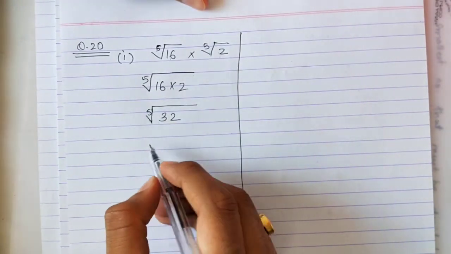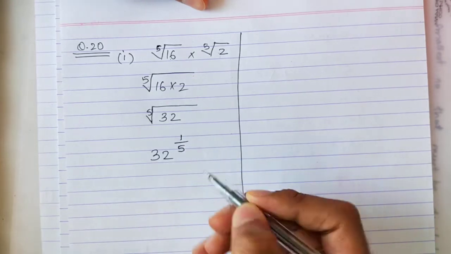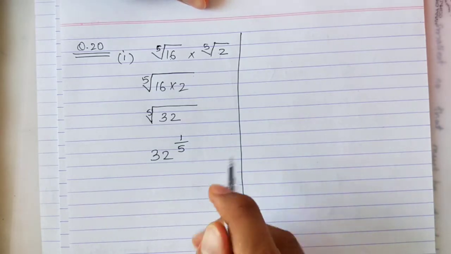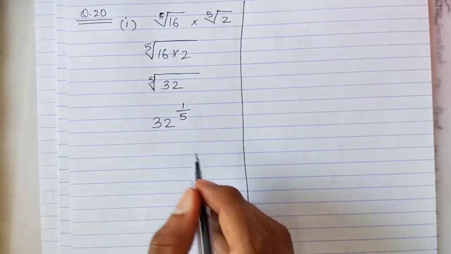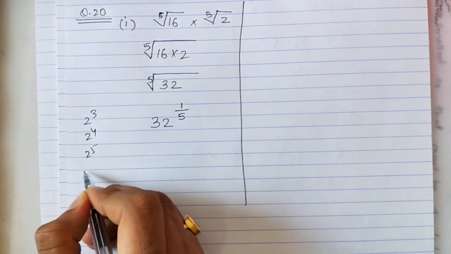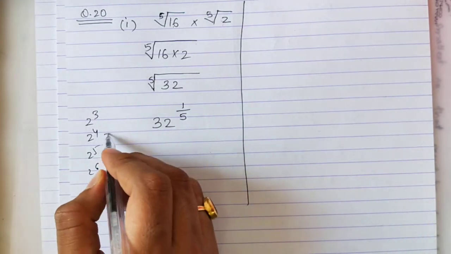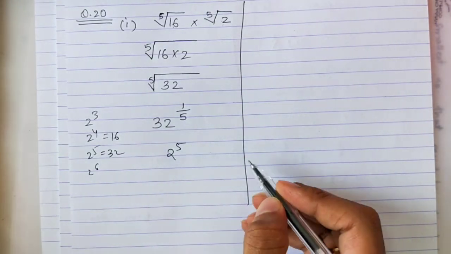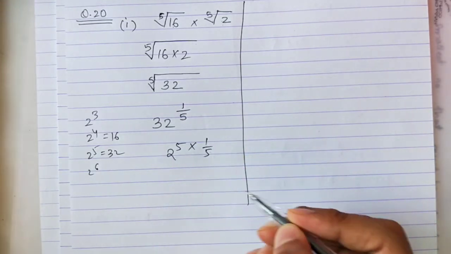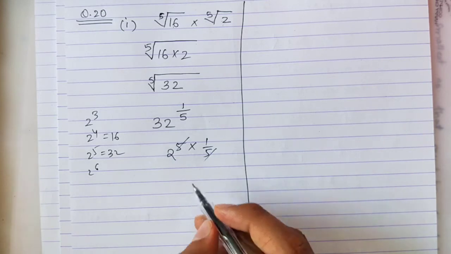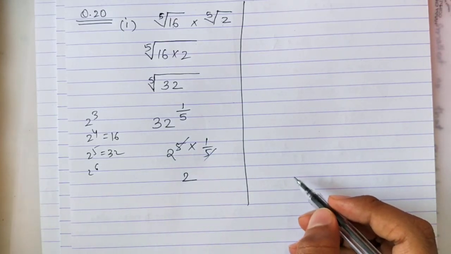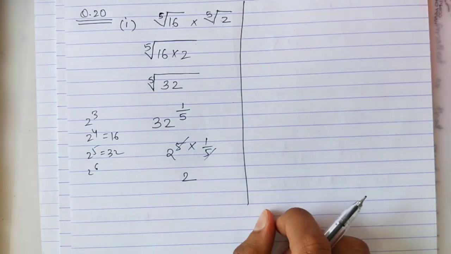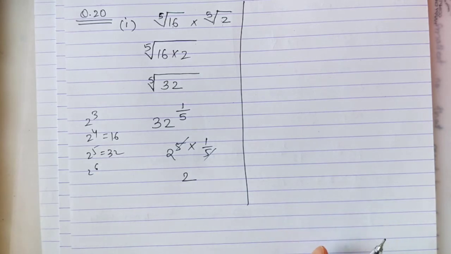Okay. So this is nothing but fifth root means what? 32 raised to 1 upon 5. Correct. Fifth root means 1 upon 5. We have done in indices also, and right now also we did this. Now 32. I've told you to remember 2 cube, 2 raised to 4, 2 raised to 5, 2 raised to 6. Certain value you must know. So 2 raised to 4 is 16 and 2 raised to 5 is 32. So 32 can be written as 2 raised to 5 into, in the power I have 1 upon 5. This 5 will get cancelled and I'll get 2. My answer is 2. Okay. I hope you have understood.